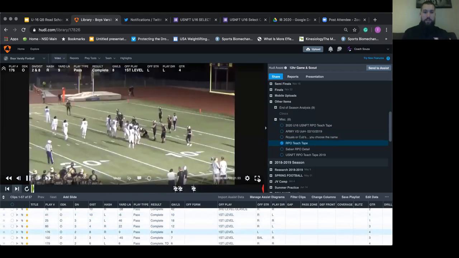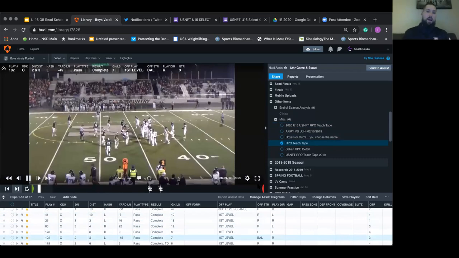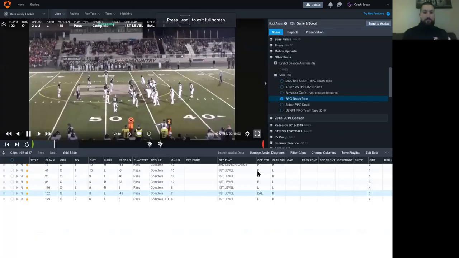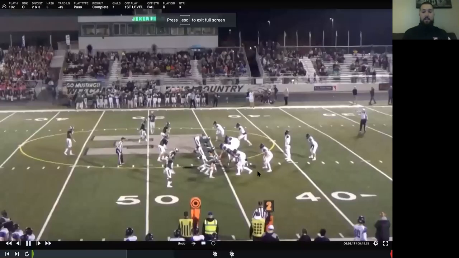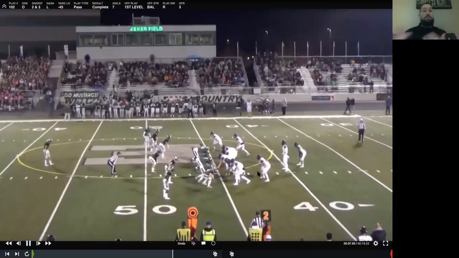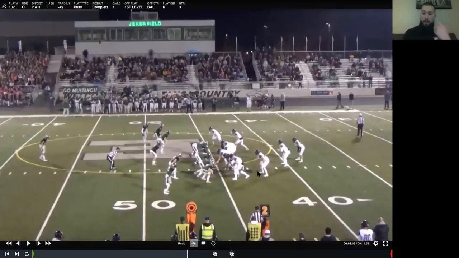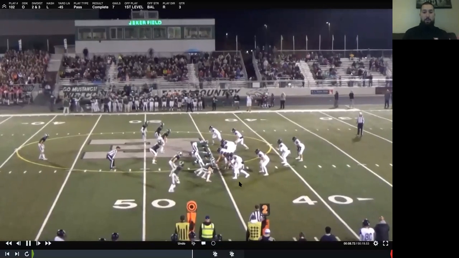Okay, so here's a look at a squeeze set, right? In a squeeze set, if we've got three safeties, they've got to start to declare a little bit sooner because we have more imminent threats in the run fit, right? And this is what I'm talking about when I talk about throwing stick concepts or flood concepts. This was a stick concept here, off of a first level player read, right? So I'm pulling the ball off this king.